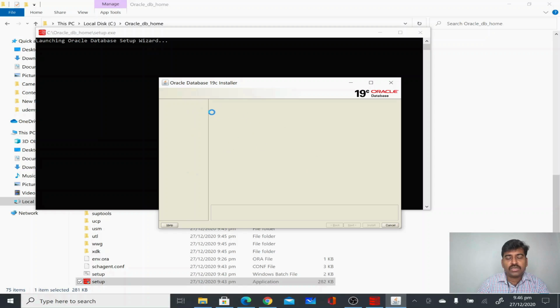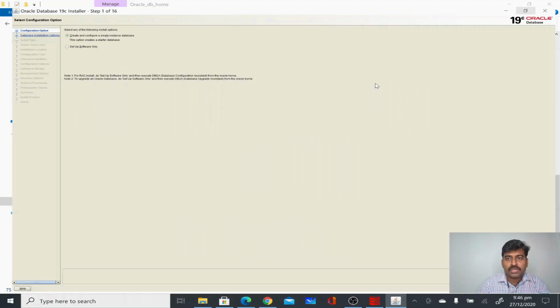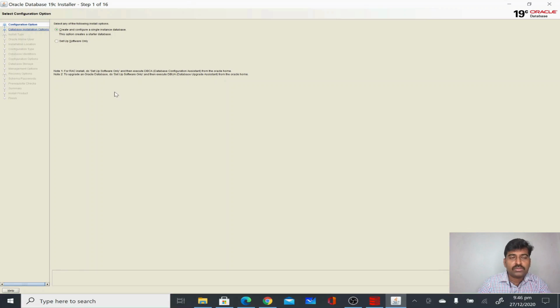Once it's opened, we'll be able to go through each step and fill in some information. Now this page is getting loaded for the universal installer. Yeah, now it's loaded, and I'll just maximize it. The font is still small. Okay, so if you see here,